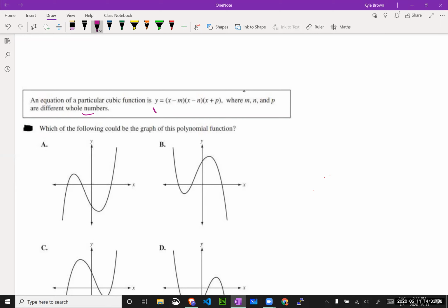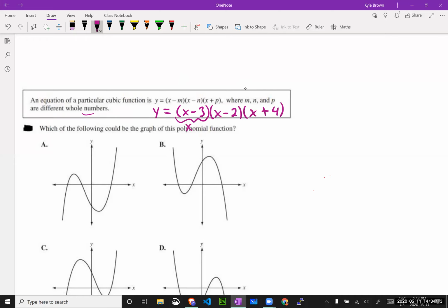So let's actually just put in numbers for a second. What if I had, so m and n, no, they wouldn't necessarily be the same. Actually, they're not the same. But here's what we can do. I'm going to put in two different numbers. What if we had x minus 3, and this was x minus 2, and this was x plus 4 or something, right? So now we can see from this thing that, okay, this one, x would have to